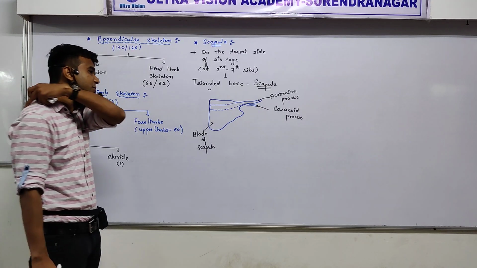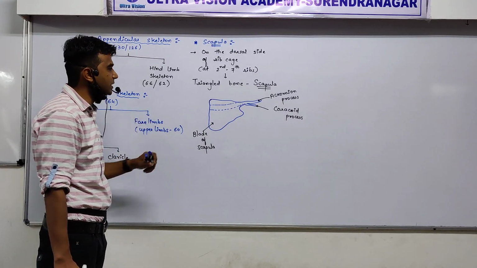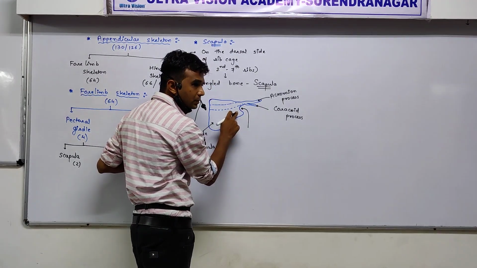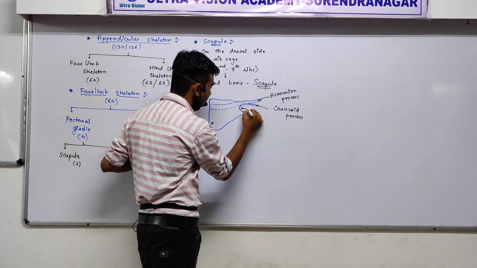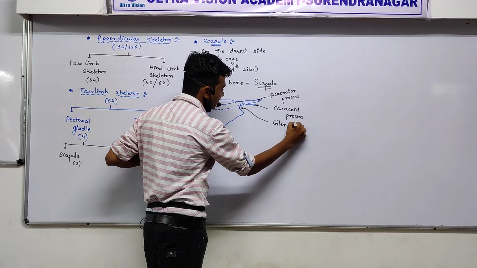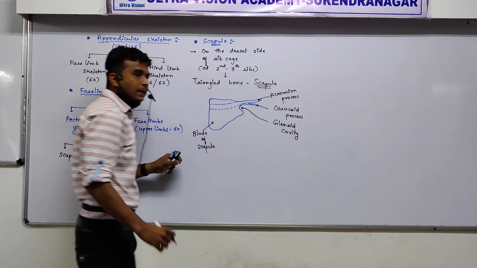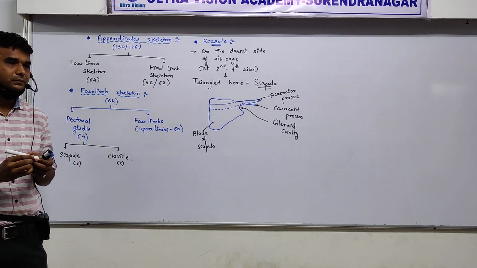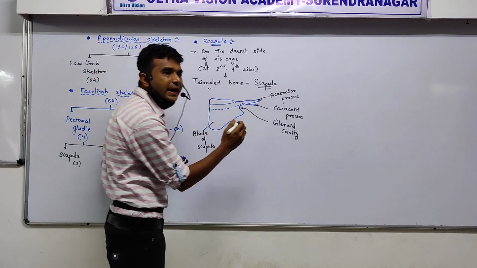So the long projection is known as the Acromion process, the small projection is known as the coracoid process, and the small cavity here is known as the glenoid cavity. And now here in this glenoid cavity,